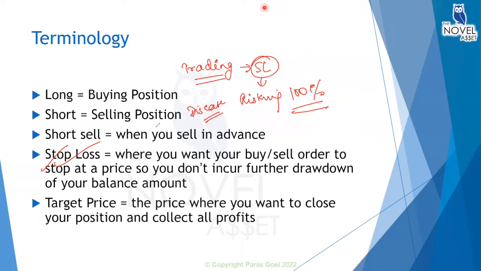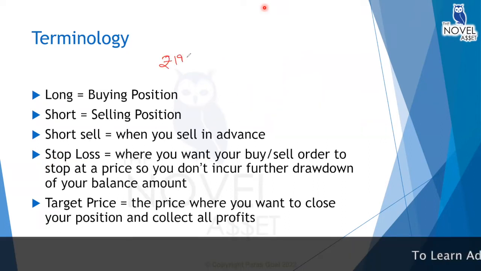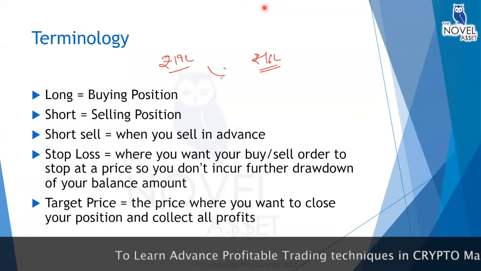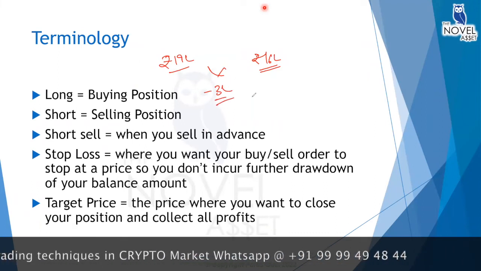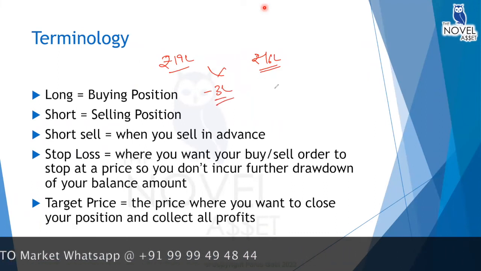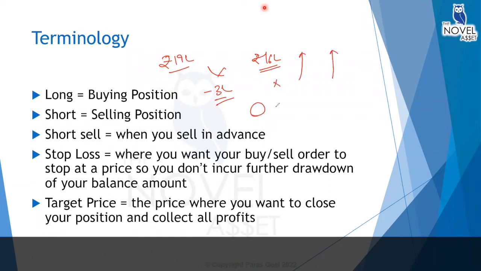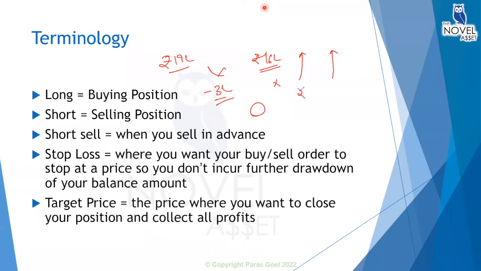Why don't people put stop losses? Let's say I bought BTC at 19 lakh. Now it is around 16 lakh, so what I will see in my position is minus 3 lakh. And my mind or my emotions will say, don't exit your trade, it might go up now. We cannot accept this loss. And what happens? The price moves even lower.